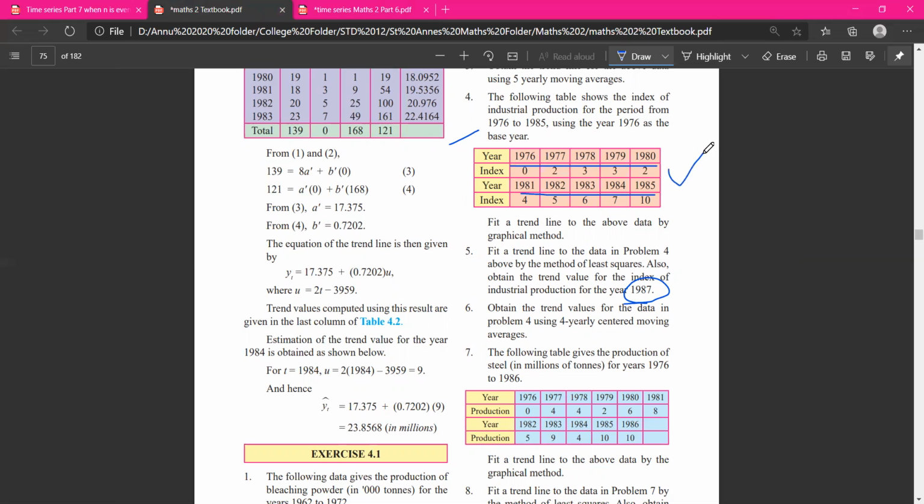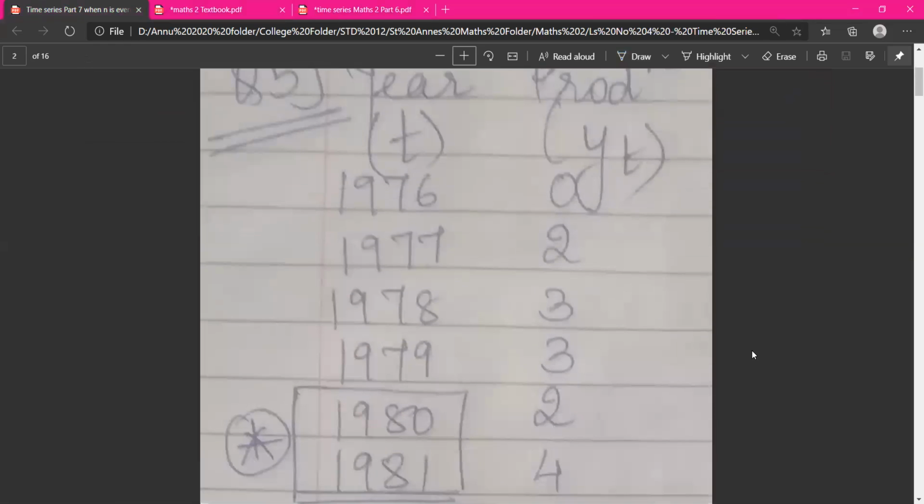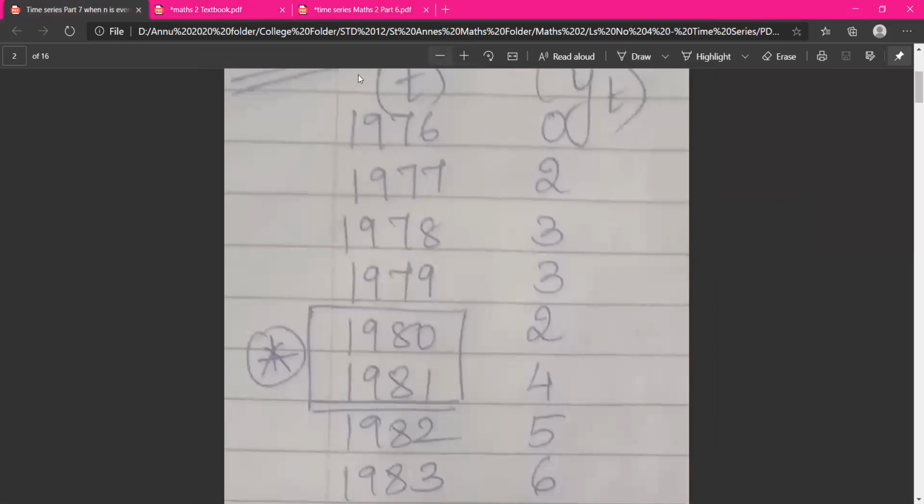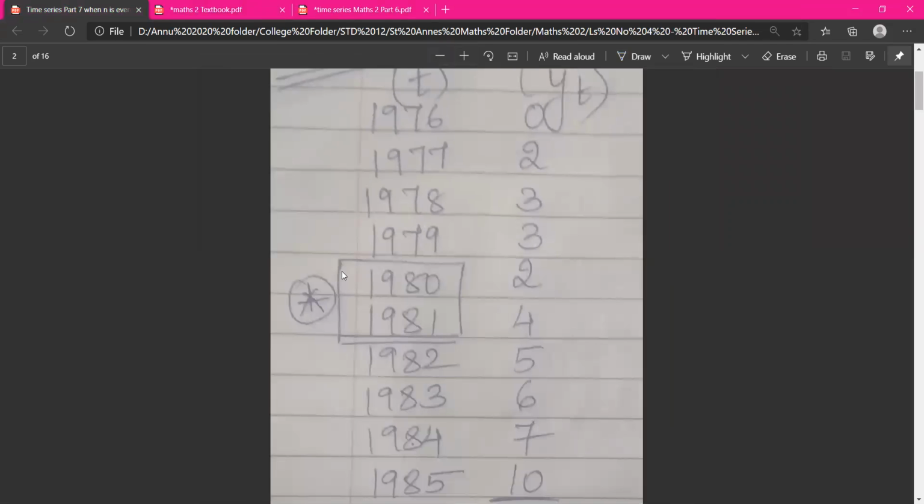So as you all observed, n is equal to 10 over here, which is even. So today class, we are starting with method of least squares where n is equal to even numbers. As you all observed in sum number 5, the value of n was even. So now pay attention. This is what I have written the question as.